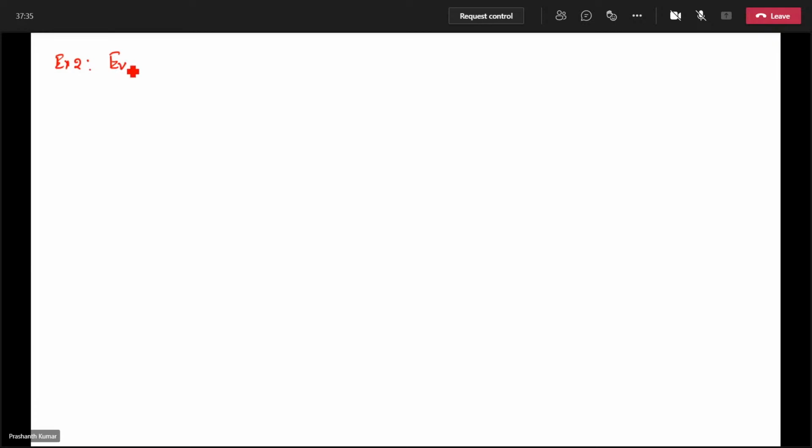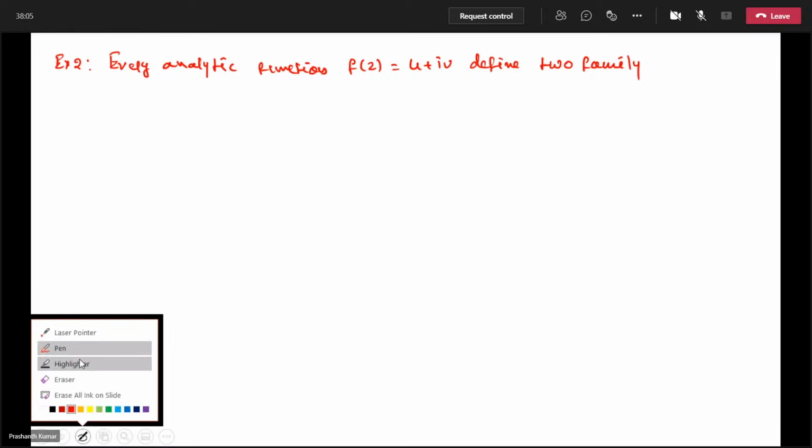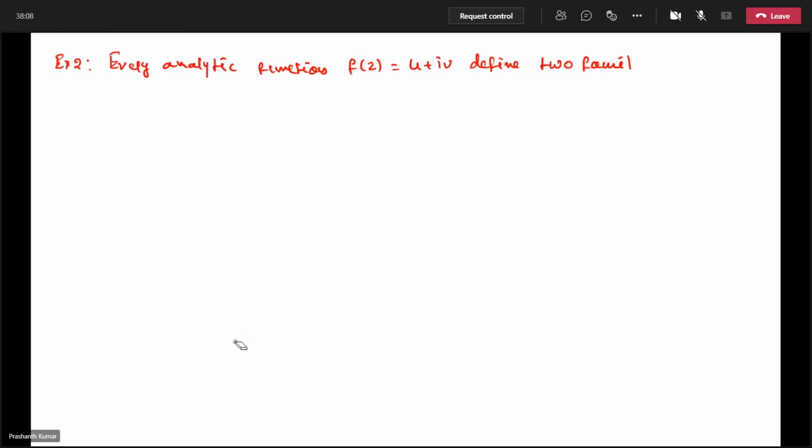Every analytic function f of z is equal to u plus iv defines two families of curves,